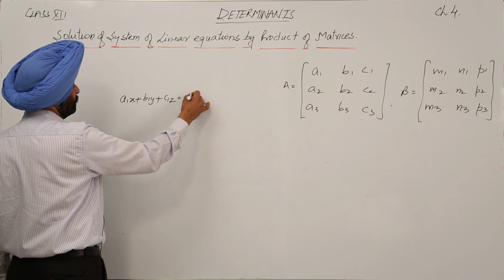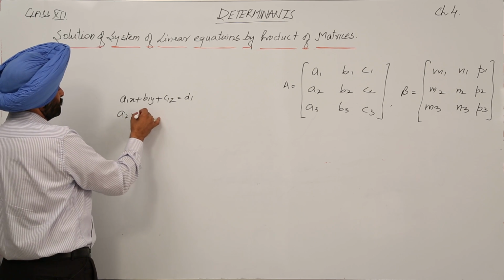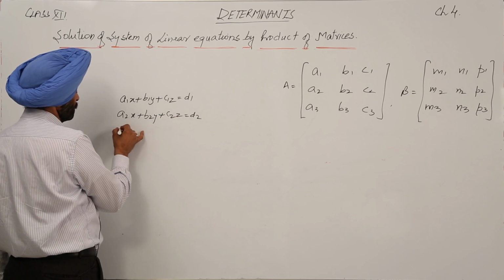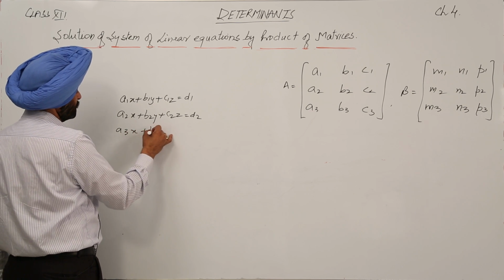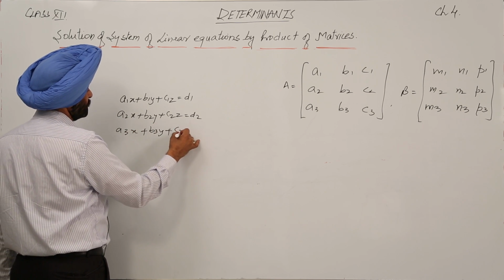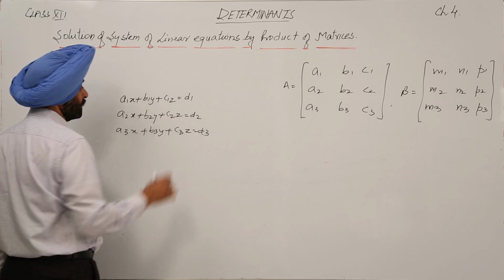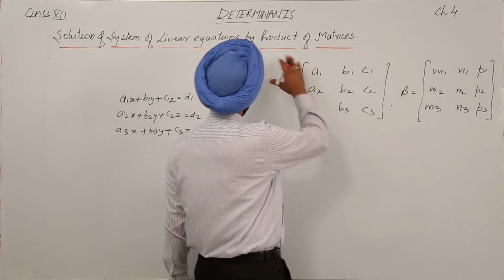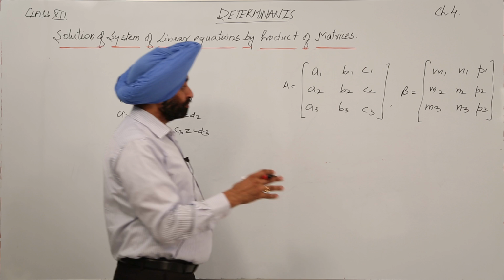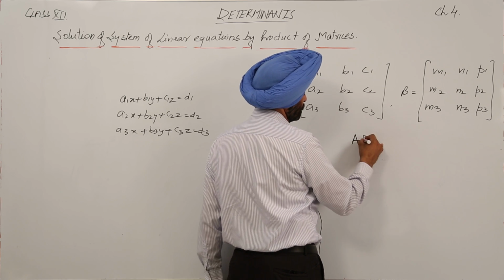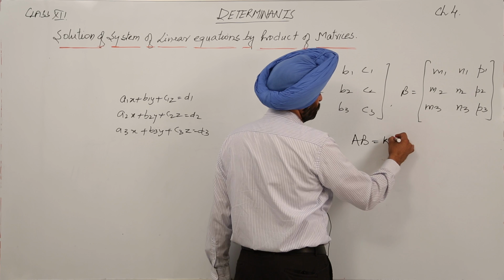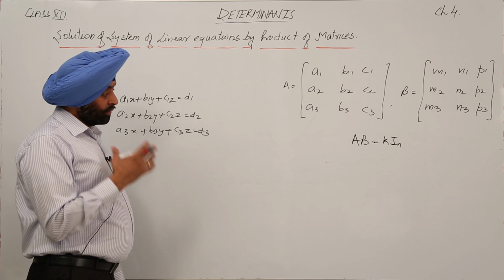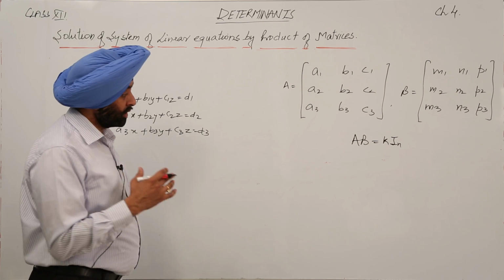C1z is equal to D1, A2x plus B2y plus C2z is equal to D2, A3x plus B3y plus C3z is equal to D3. Now these are the equations and these are the two matrices. Now we have to find the product of the matrices. Suppose the product of these matrices is AB equal to K I. If AB is equal to K I,